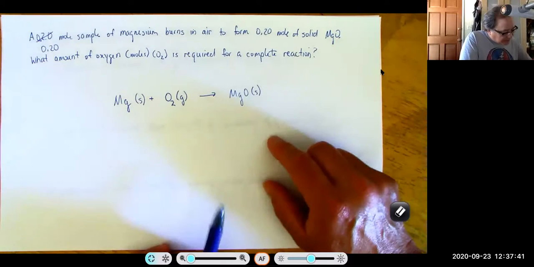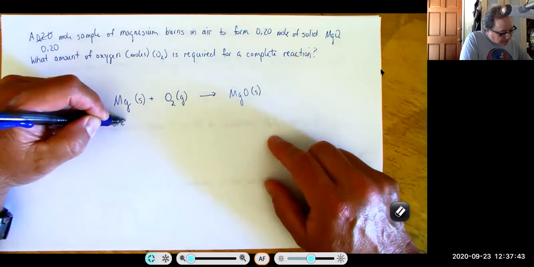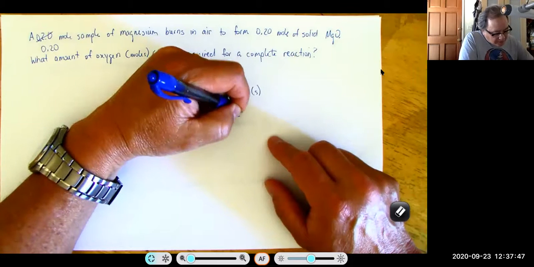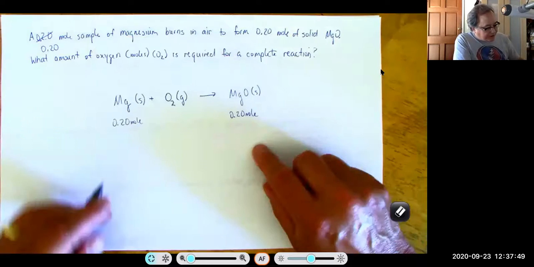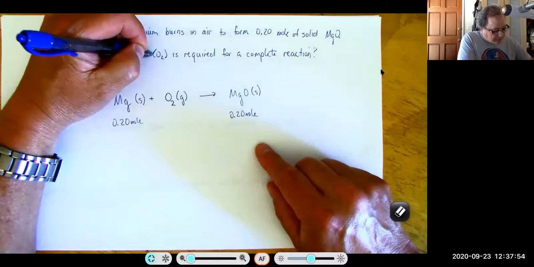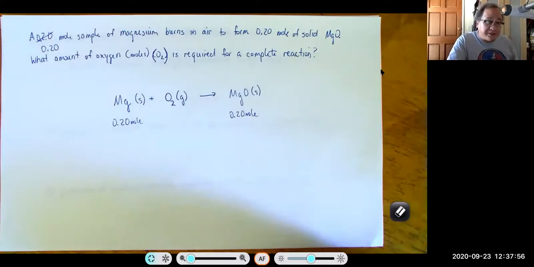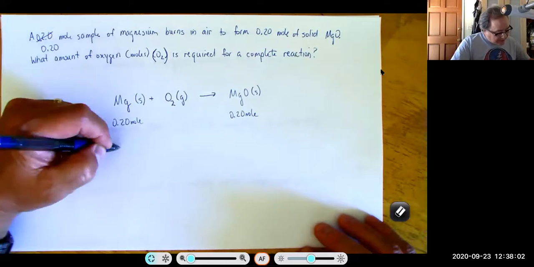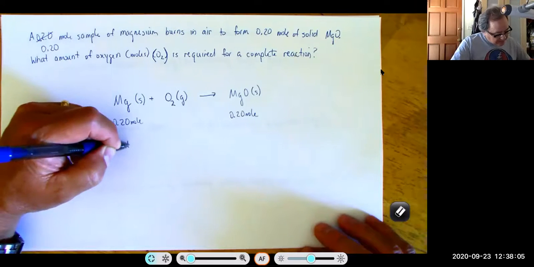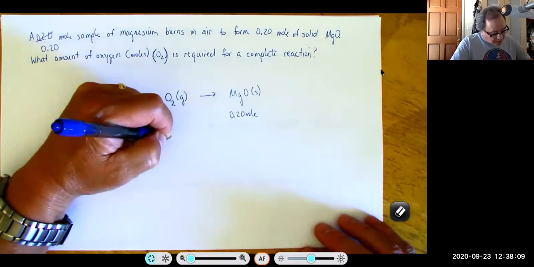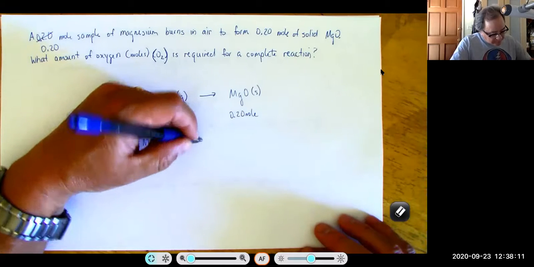All right, so we have 0.20 mole, and you get 0.20 mole of product. Question is, how many moles of oxygen? This almost looks like CO2, so I'm going to extend the parentheses so you can see it's O2, are required for the complete reaction. Well, this says 1 atom of magnesium is equal to 1 molecule of O2, which is